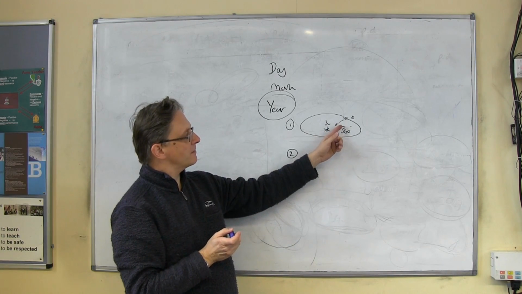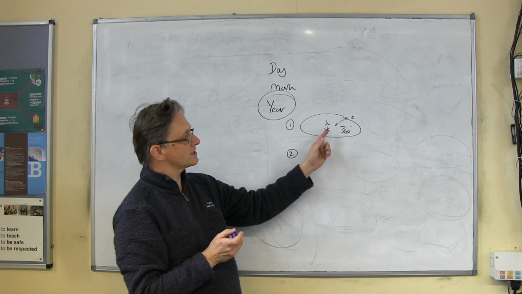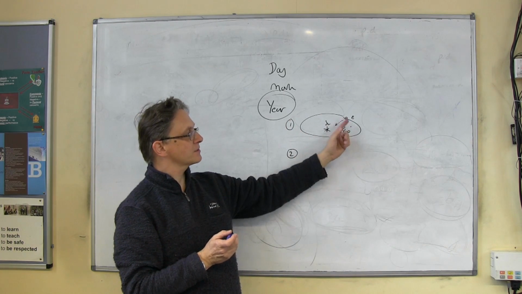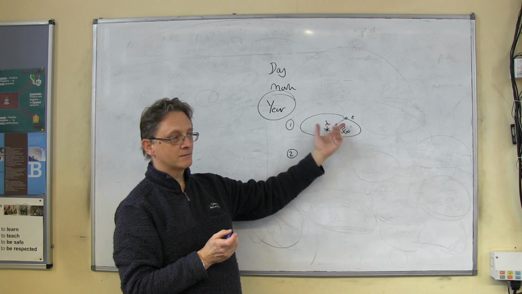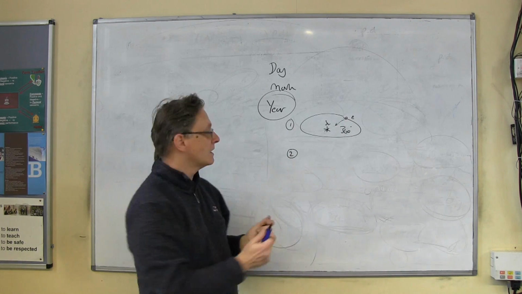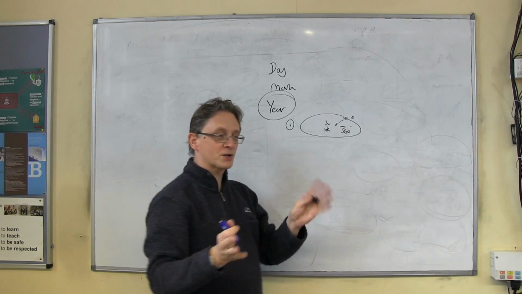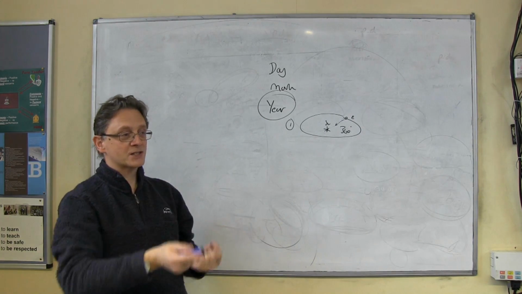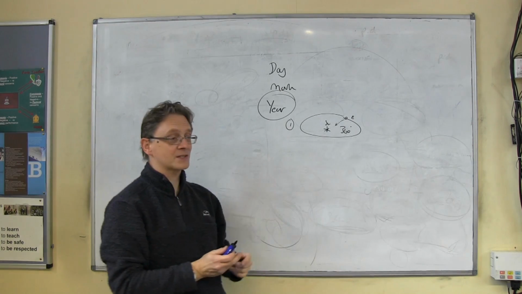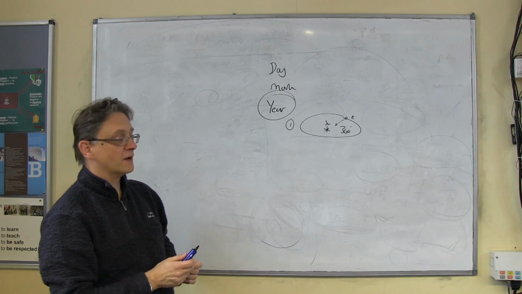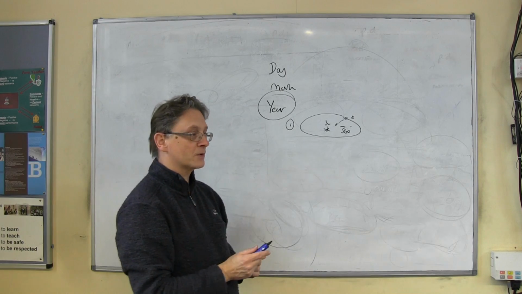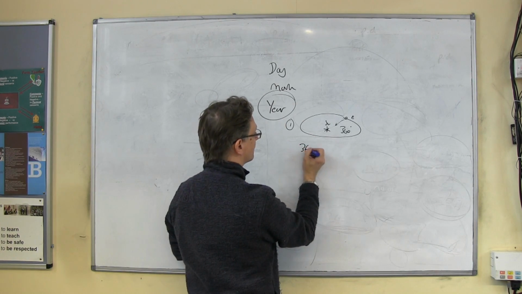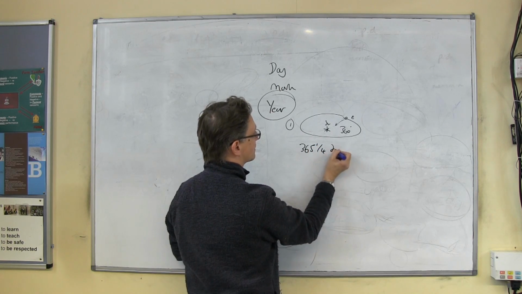How long would it take, imagine that's the start of my year where the Sun is in that direction there. How long have I got to wait for it to come back to the same position? It's the same, isn't it? All right? So things are a bit simple with the year. As far as you're concerned, doing GCSE astronomy, there's only one. There is just the 360, okay? Because that is the time it takes the Sun. Does the motion of the Moon affect this? Not particularly, because you don't look at the Moon. All right? So the year is the time it takes the Earth to go around the Sun, and famously is